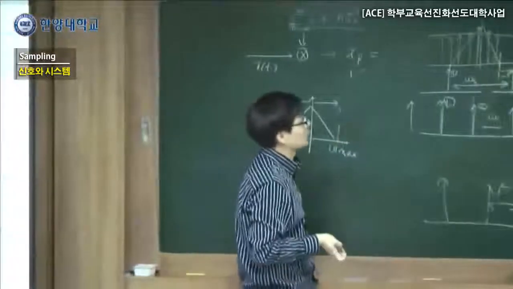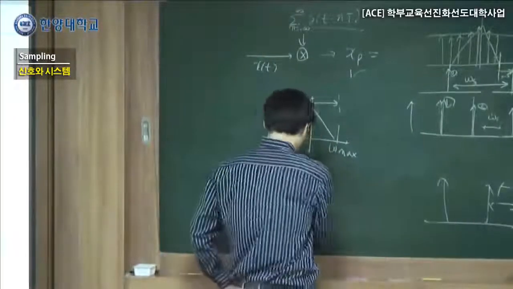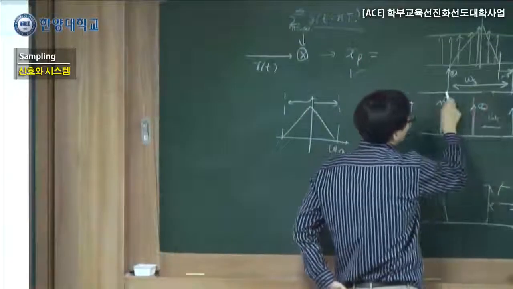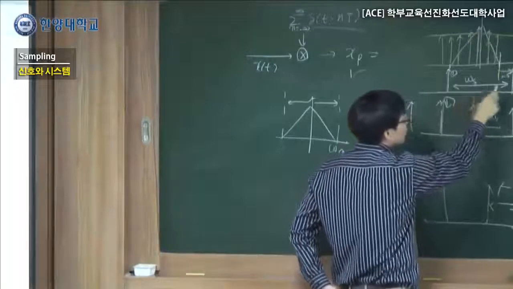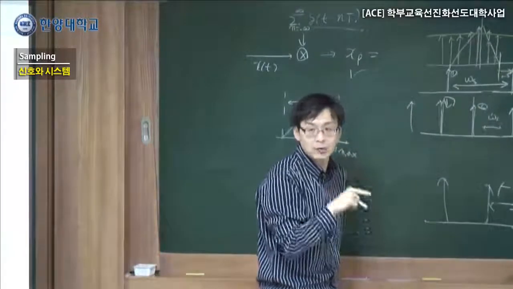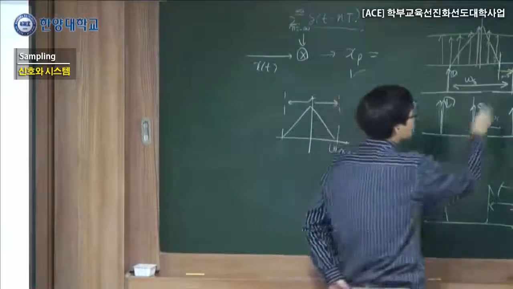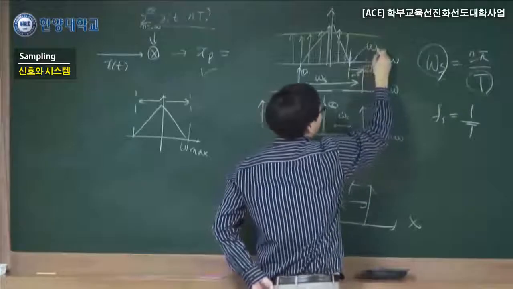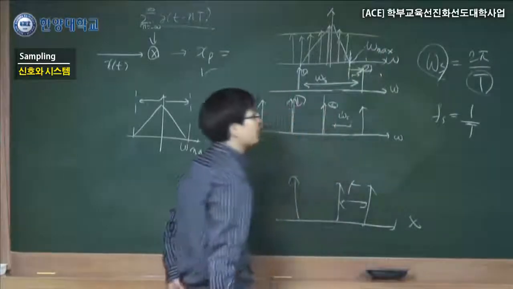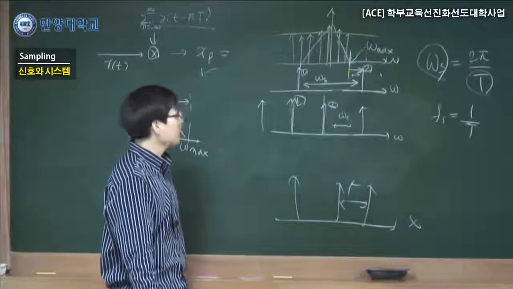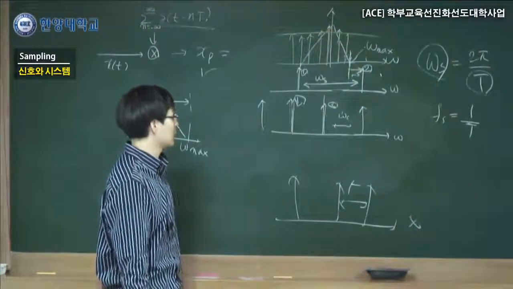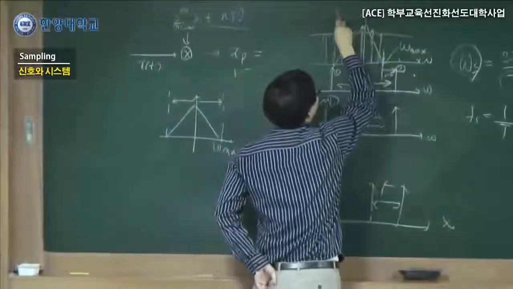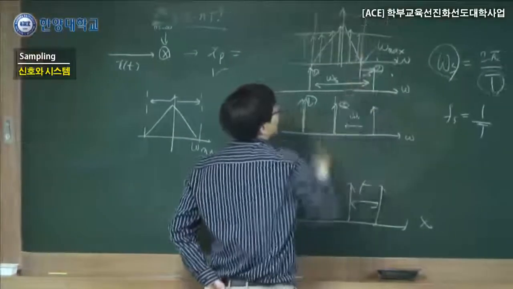So from this assumption, now we go back to the frequency domain. In the frequency domain, the spacing between 1 and 2 is omega s, the sampling frequency. Let's assume that the band limited value, the maximum frequency of the signal, is W maximum. That means from here to here, let's assume the image is symmetric. What is it?